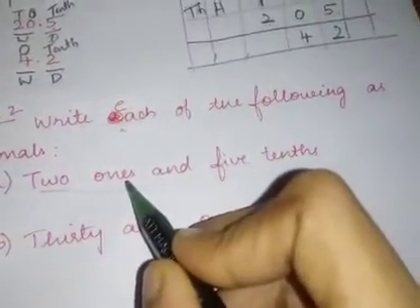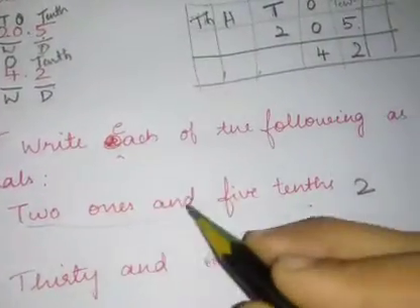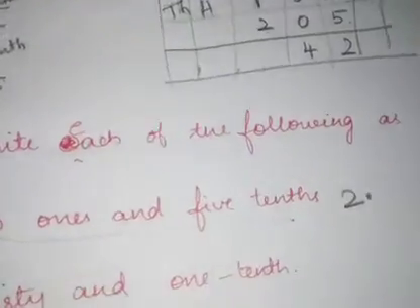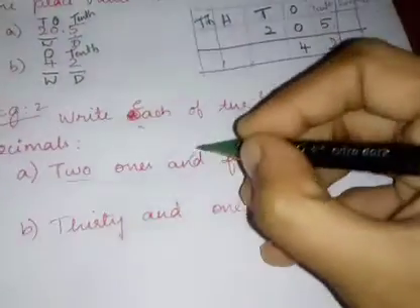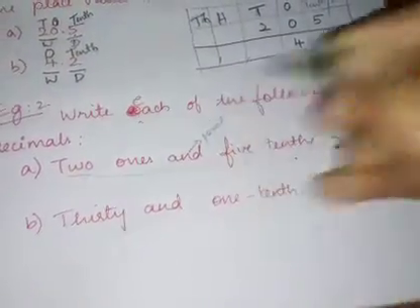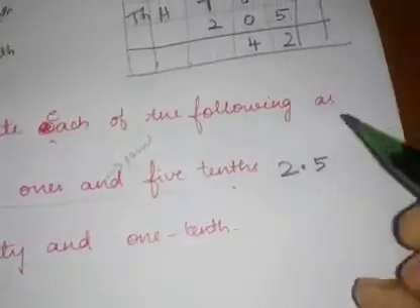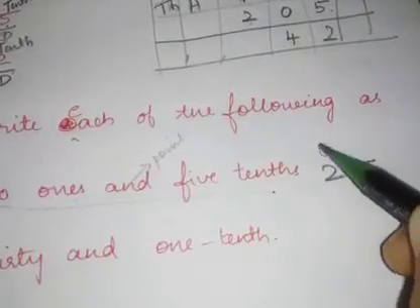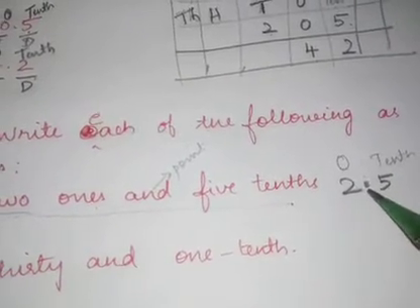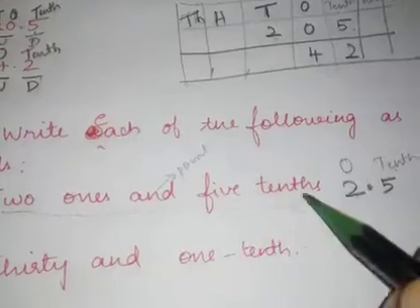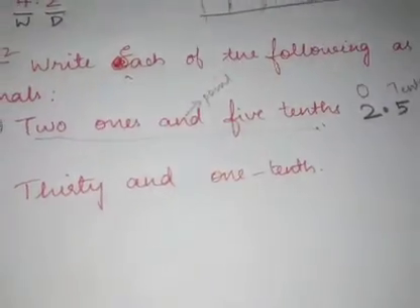2 ones. 2 ones is nothing but 2. It is in the ones place. And represents the point. And represents what? Decimal point. Instead of and you can write point. Okay. 5/10. So you will put it here because in this place is your ones place, this place is your tenths place. So 2 ones and 5/10. So 5 tenths. Correct? This is how you should write the decimal number.